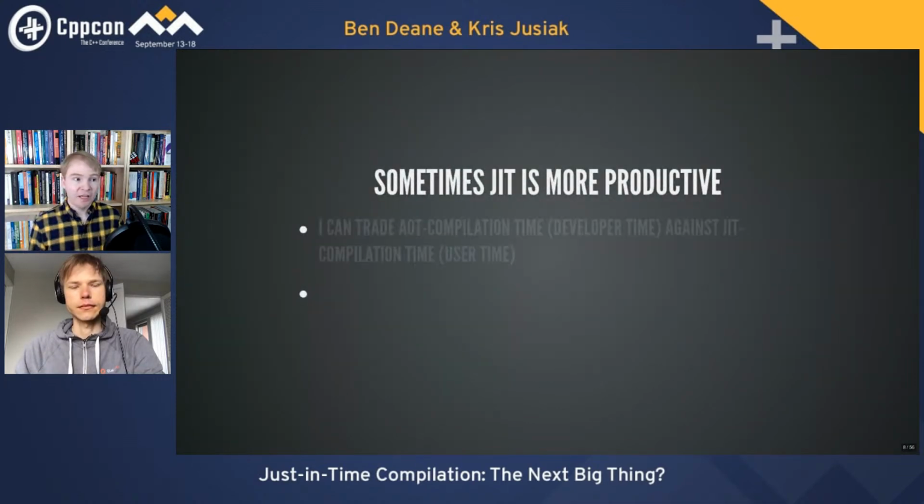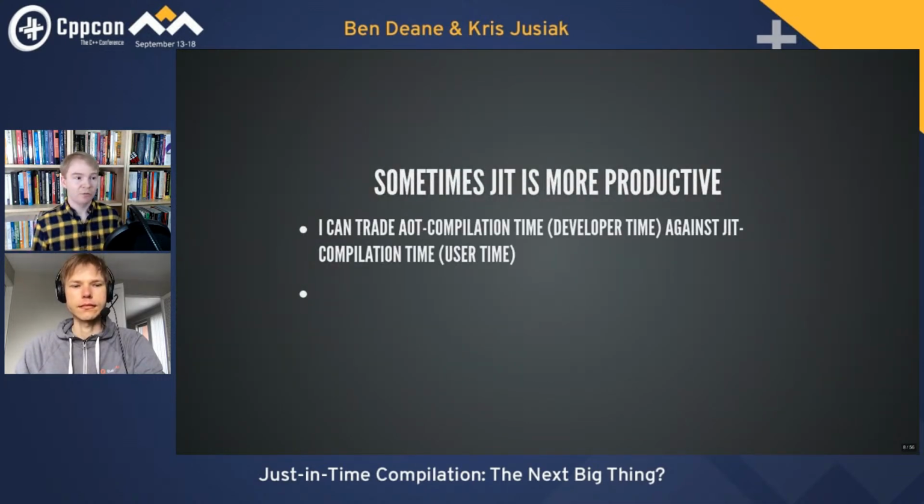Sometimes it's more productive for me as a programmer. So compilation time is always something we want to minimize, but JITing allows us to make a new trade-off. We're trying to minimize total time. And in the case where you're compiling something and running it, and it might take a long time to run, and you want to compile for the best possible fit to that run, JITing allows you to trade that total